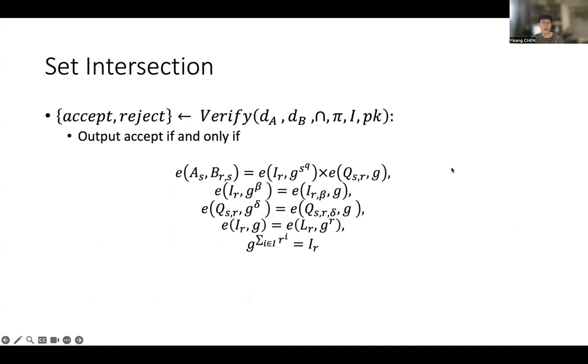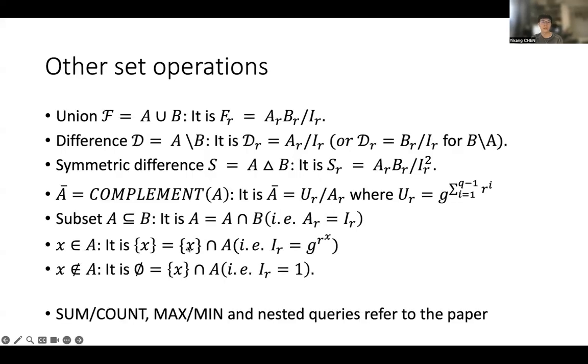More concretely, we accept only if this equation holds. That's our set intersection.